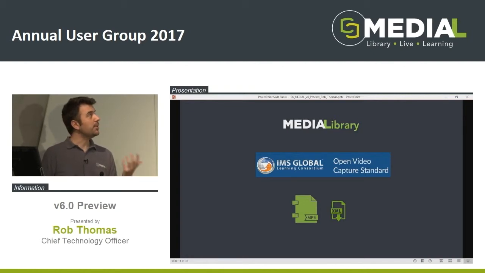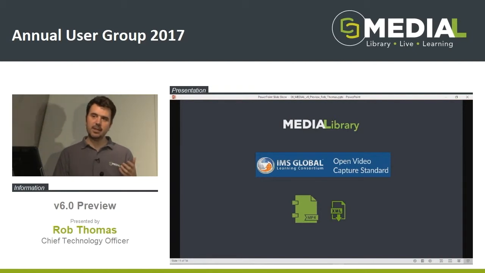That same group that did that have created this thing called the Open Video Capture Standard, which is basically just a way of defining what this output should be in order for a third-party system to ingest it. So it's just a standard XML format and a standard way of naming the file so that any system could ingest it. So this is something that we want to put into V6 and follow this standard, so that, say, if